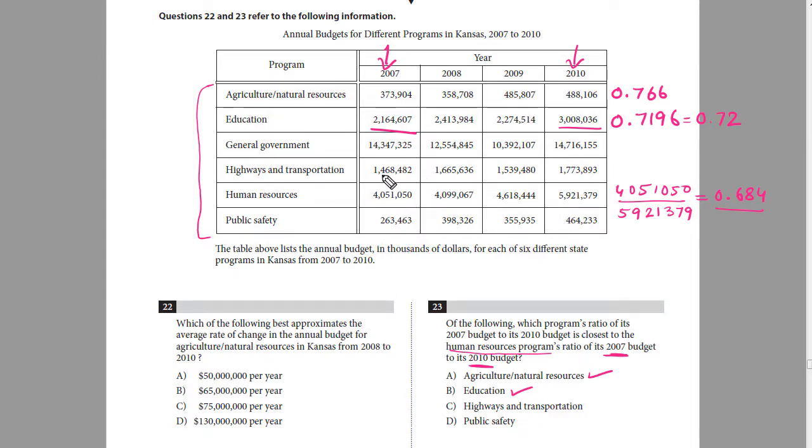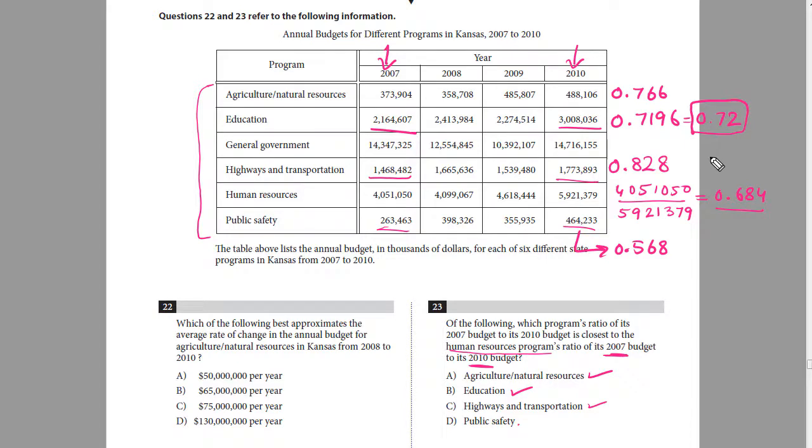So this value divided by this value, 1468482 divided by 1773893. That is 0.828. Now the last one is for the public safety. So this value divided by this value, 263,463 divided by 464,233. That is 0.568. Now among all of these values,